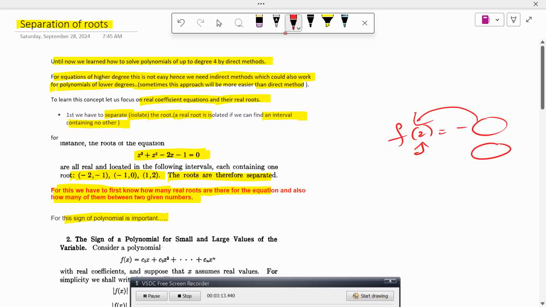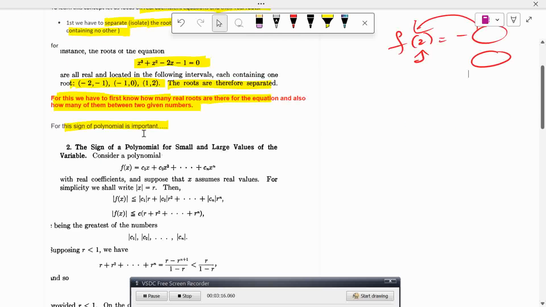Okay, now we are trying to find the sign of a polynomial when the value of the variable x is very small, and also the sign of the polynomial for small as well as large values of the variable x. Okay, for that we will need a result, so we are considering that. So consider a polynomial of degree n, and we are assuming that all are real